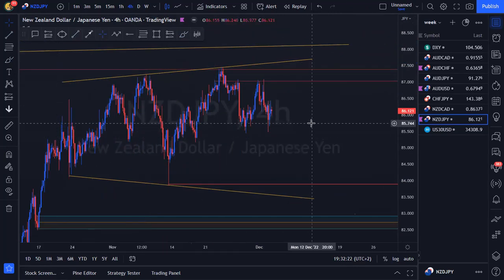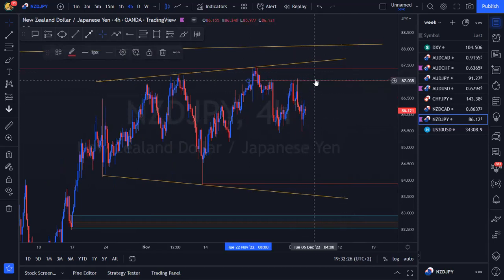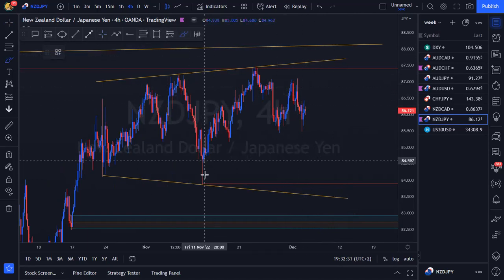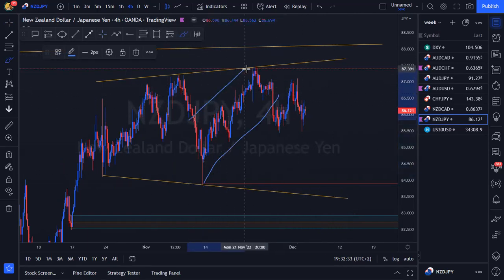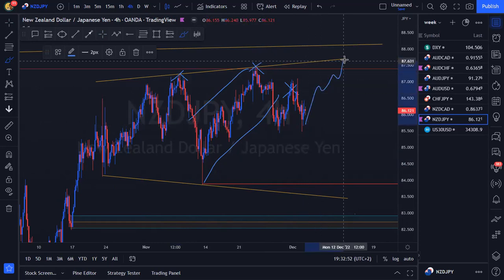We understand that the structure is moving sideways, and naturally we want to trade either at extreme highs or extreme lows. Now we know that we're not going to look for any downside continuation. Yes, we had all of this nice stuff that gave us beautiful probabilities, but maybe the probabilities weren't there. Price action showed us. We were stopped out of the position. Price invalidated the setup that we were looking for. We can't be looking for the exact same setup now. Now we've got a first touch and a second touch. For us to be able to sell with good probabilities, patience is required; we wait for price action to come up and give us a third touch.